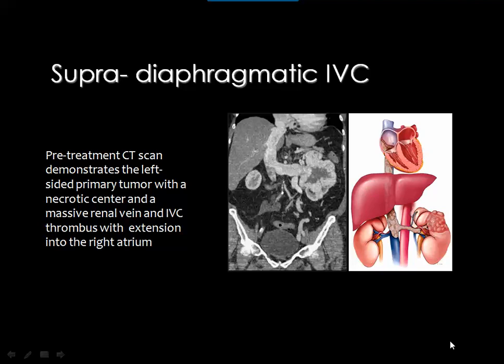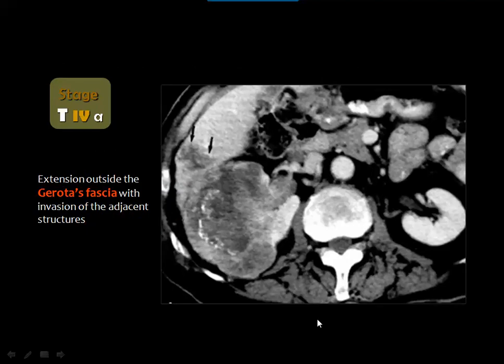And this is a coronal reformatted CT images of a renal cell carcinoma on the left side that has invaded the renal vein as well as the IVC, reaching as far as the site of the right atrium. And stage 4A, meaning that the tumor has crossed the Gerota fascia into the paranephric space, and here you see a mass in the right kidney,